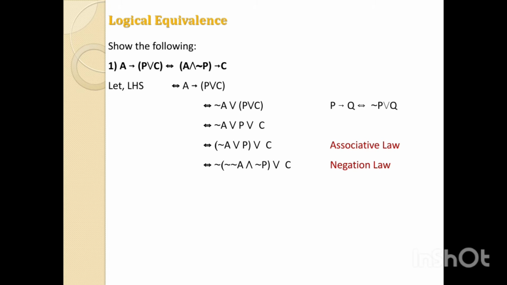Now using the negation law or De Morgan's law, we can change the connective. We can make the and into the or, we can make the or into the and. That's why we have used the negation law and taken this not outside the bracket. Then we have to use this not inside the bracket also. Therefore the next step is not in bracket, not A, this or becomes and, not P, or C. Now negation of negation, we can remove this term because not not P is logically equivalent to P. Therefore it is not in bracket A and not P, or C.